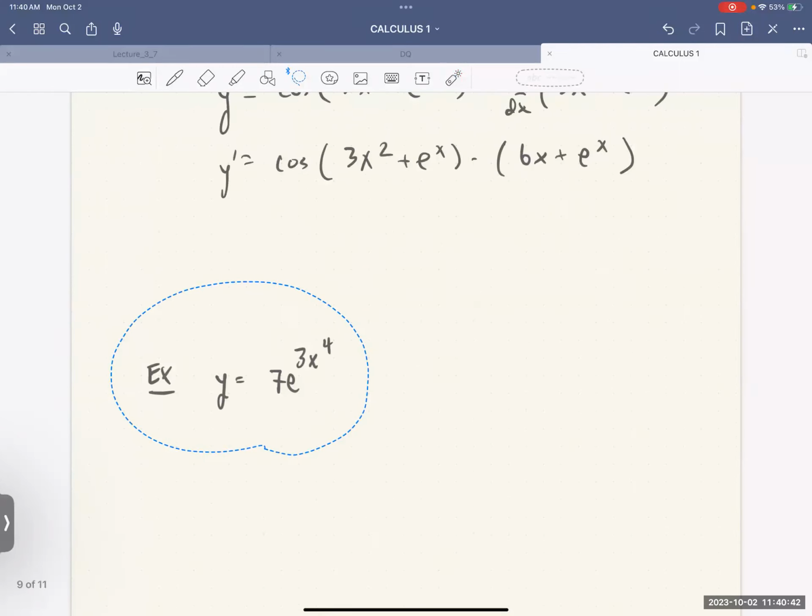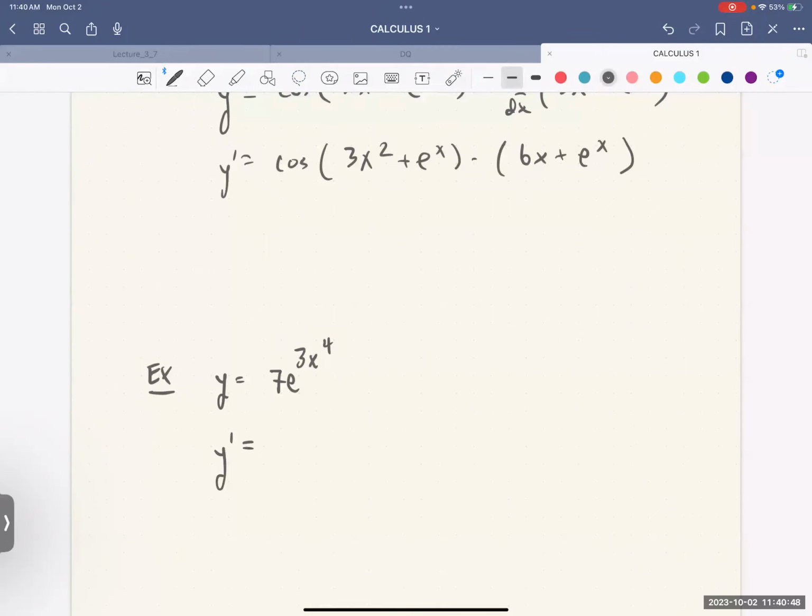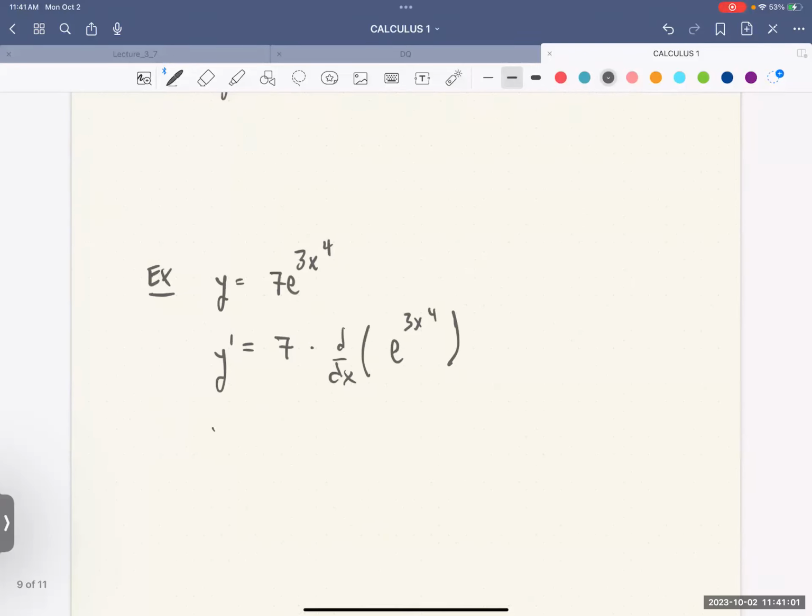y equals 7e to the 3x to the 4. Y prime. Let's see. We have a constant multiple, 7. So our derivative would be 7 times the derivative of e to the 3x to the 4. Then, so it's 7 times